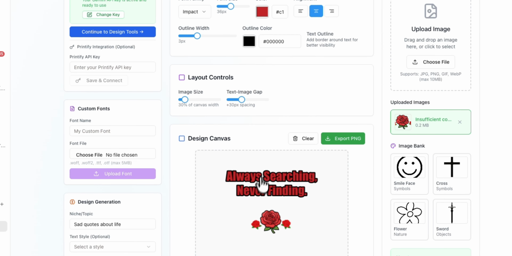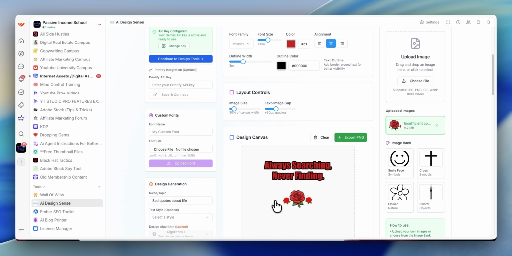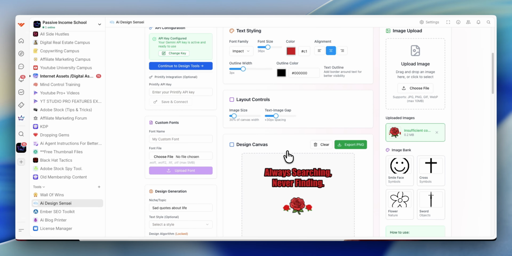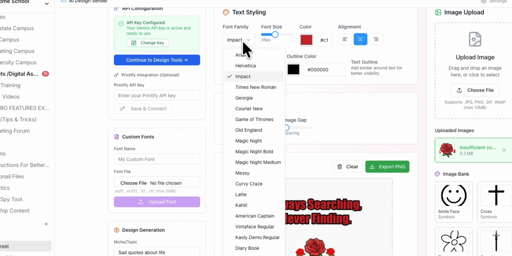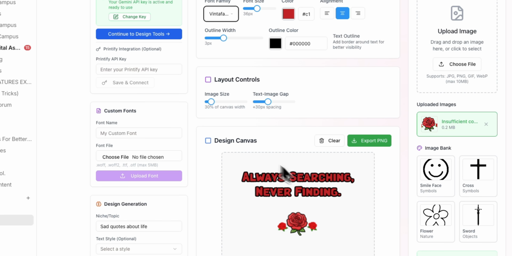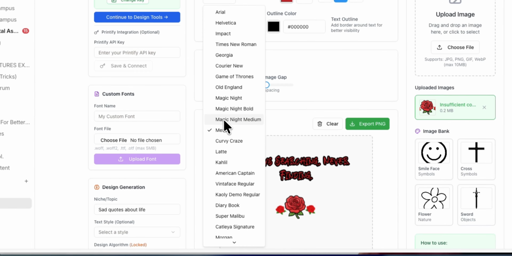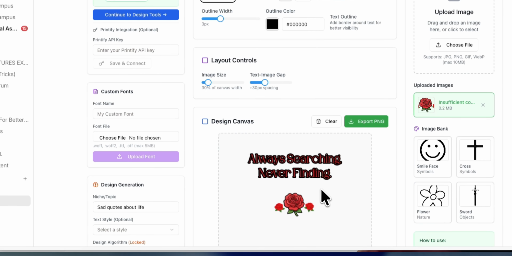Okay, so now the design is starting to get some character, but I still want to change the font, and I want to change the size of the image, right? So let me go ahead and do that. So I'm going to scroll up here, and I'm going to change the font style. I have a lot of fonts to go with. I can click on any kind of font that I want. There's so many different kinds of fonts, but I do want something that will kind of match the vibe of